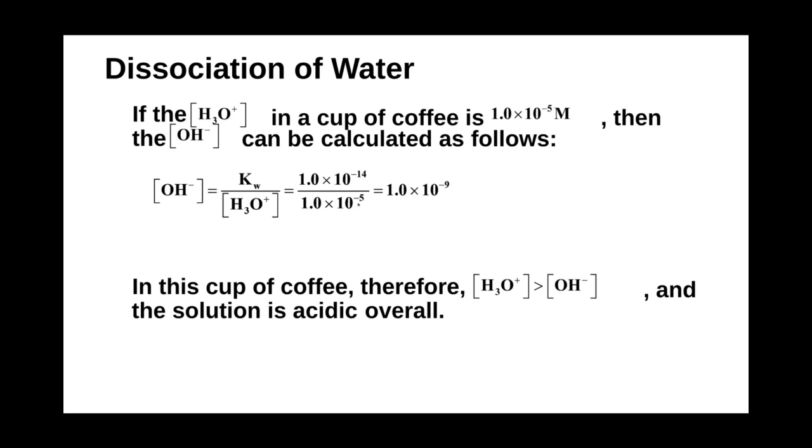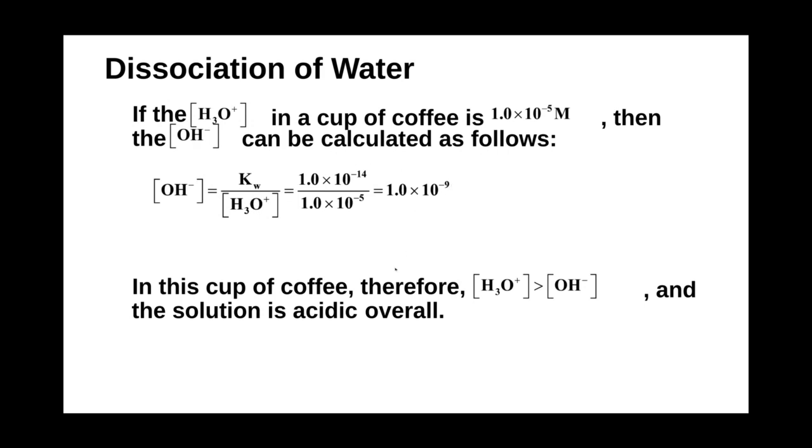In this case, you'll notice that if I add 5 to here, and I add 5 to here, this goes from minus 14 to minus 9. So just in case you don't like exponents, that's a quick handy way to divide exponents. You simply add the denominator's exponent to both the top and the bottom, canceling out the bottom and changing the exponent of the top. So what does this mean? Well, you see that the concentration of hydroxide ions is 1 times 10 to the minus 9.